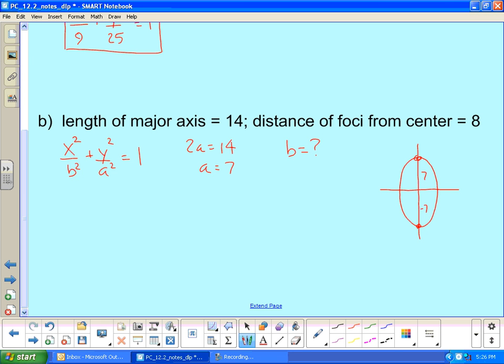Okay, so we have this distance. Now the foci are located on the major axis. So let's just, for kicks, call it right there and there. And this distance is that c distance. And we have that equation that says c squared is equal to a squared minus b squared. Well, if we know that the distance from our center to the foci is 8, that means c squared is 8 squared, and our a we said was 7 squared, that means we can find b. So b squared is going to be equal to